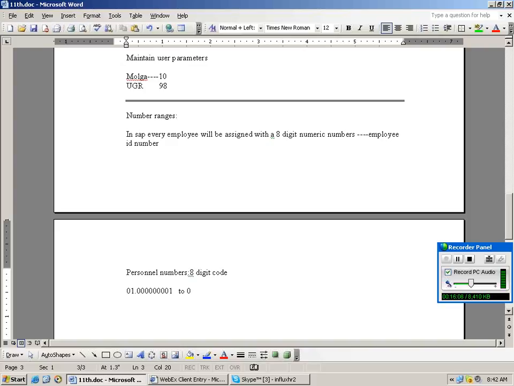Say for example 1 to 100. Here the above number ranges are called